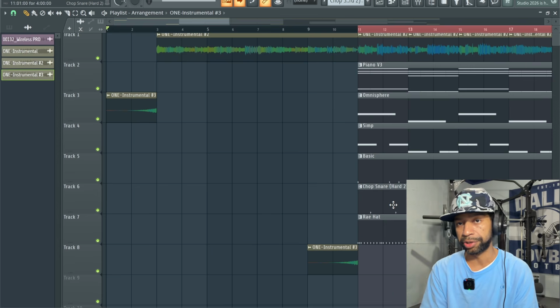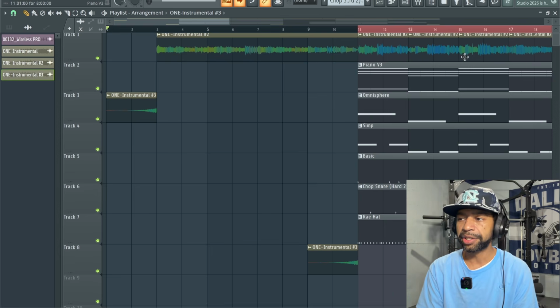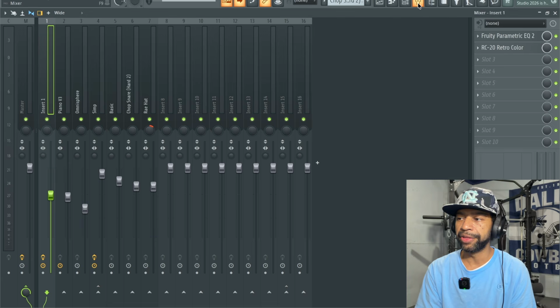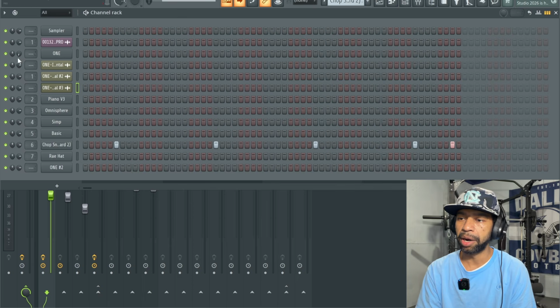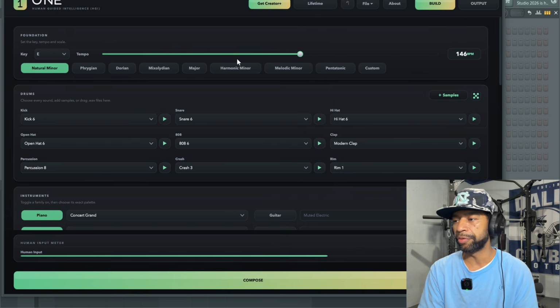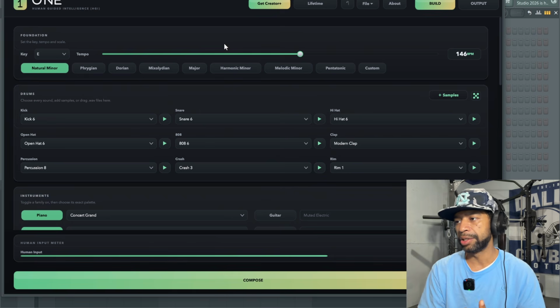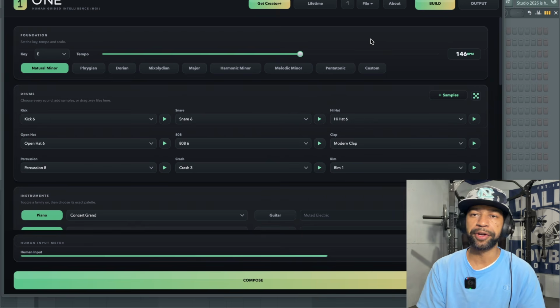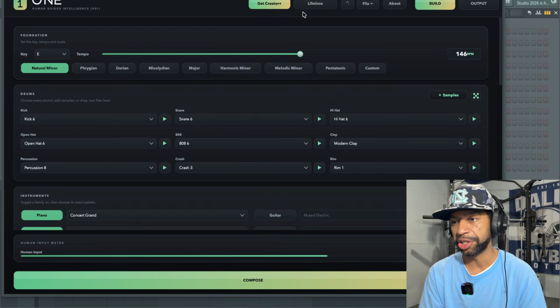This is literally the first sample that I've used. This is kind of a first look, because this is the first sample that I generated and I didn't generate any samples after this. So one thing that I noticed is that when I reloaded this up, it didn't give me the original sample that I had. So we're gonna find out here, because there's an option here to save. So you can save project. We're gonna find out if we save project, if it does save that project for you.